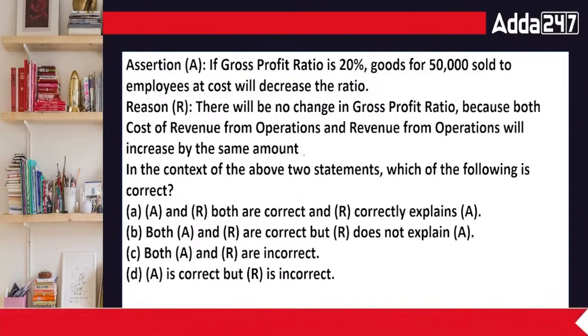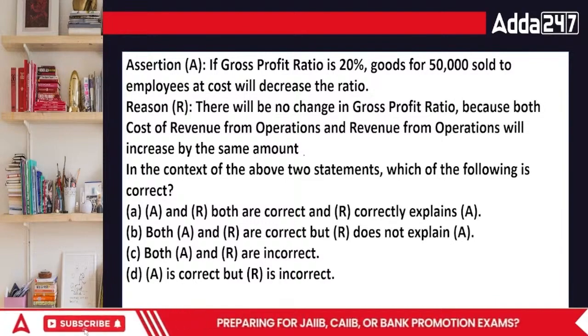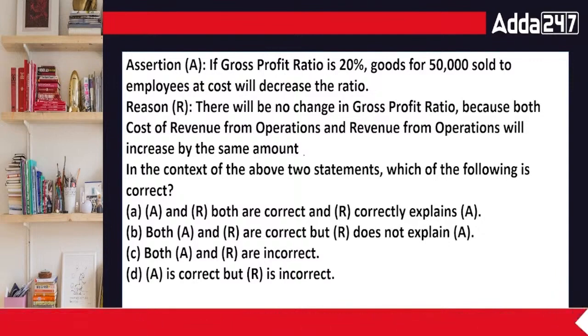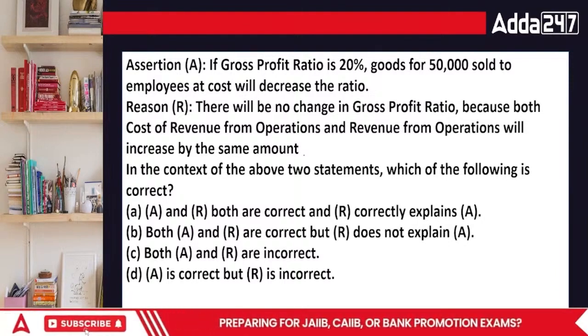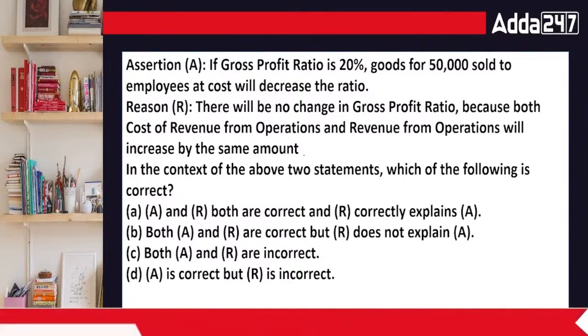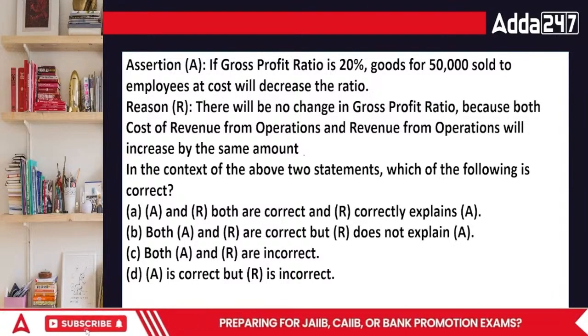NP ratio is based upon the sales that you are making out of that production. What would be the answer? Go ahead. GP ratio is basically the ratio which is strictly related to the area of the trading account, while NP ratio is something that gets into